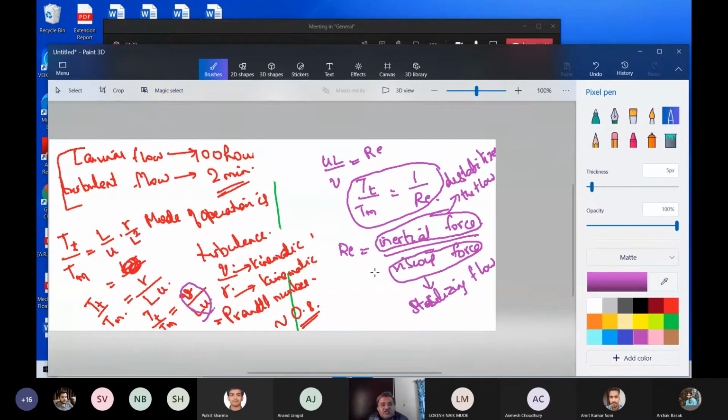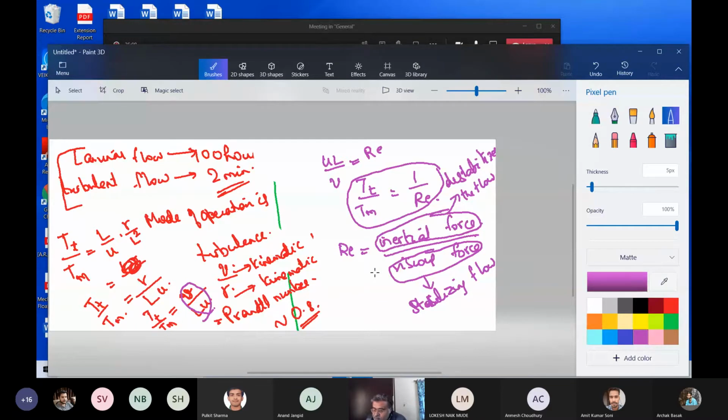There is an inertial force, and when the destabilizing action is more, you will see that the Reynolds number is more, and when the Reynolds number is more, the flow has a tendency to become turbulent. So that is why we say that as the Reynolds number increases, the flow turns into turbulence. The reason being that the inertial force, the destabilizing force, becomes more and more, and the viscous force tends to decrease. Anyway, we are coming into all that later.